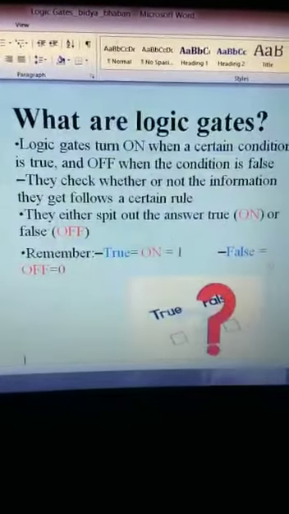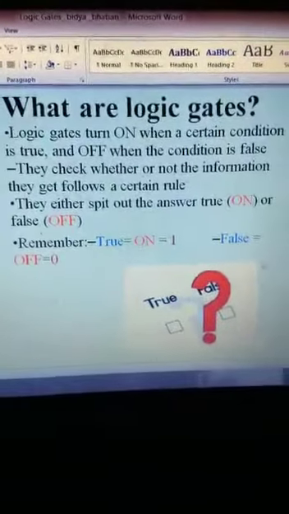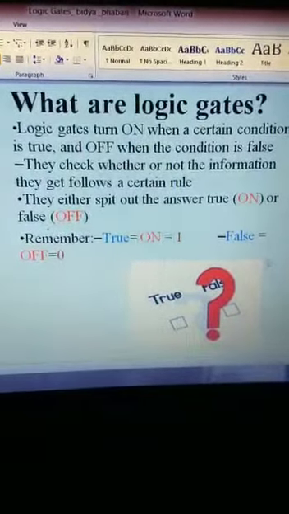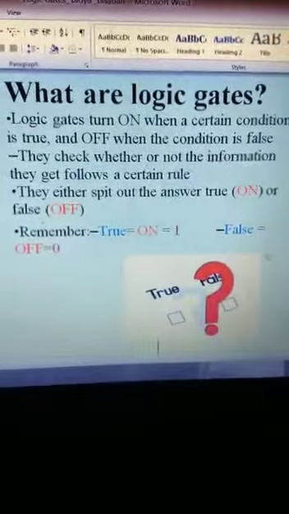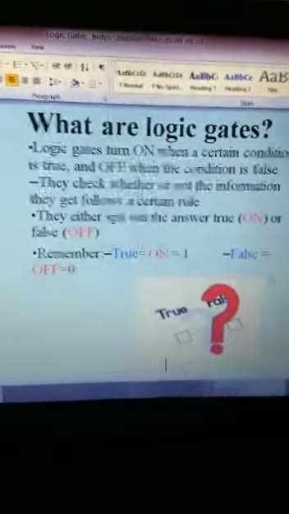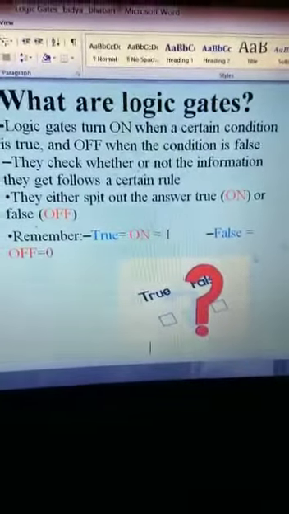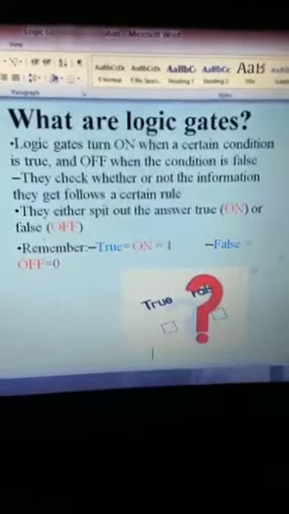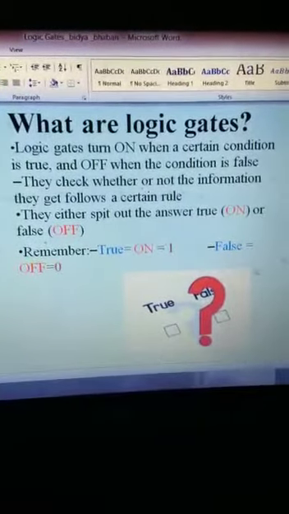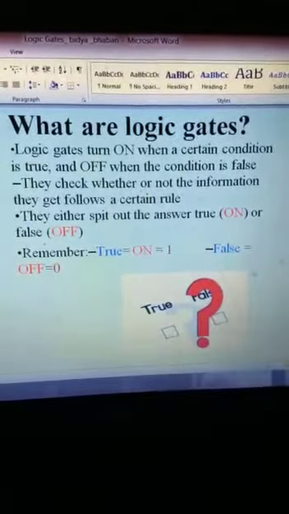In Boolean algebra we have learned that a computer only understands binary information, that is 0 and 1. If you switch on, you are giving the information in the form of 1, and it travels through the circuit as 1.